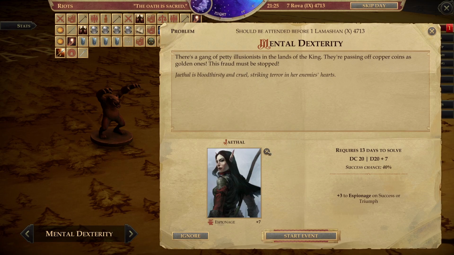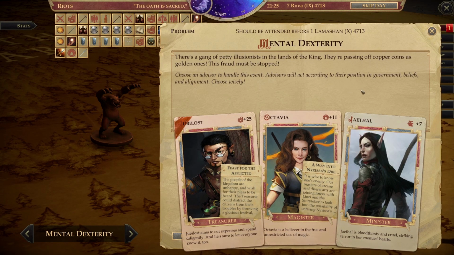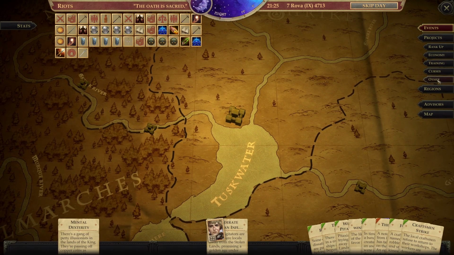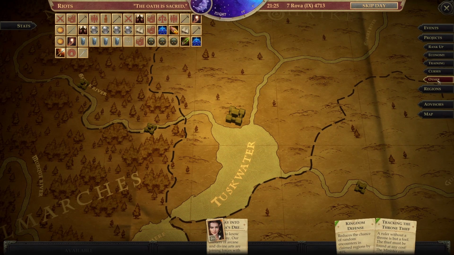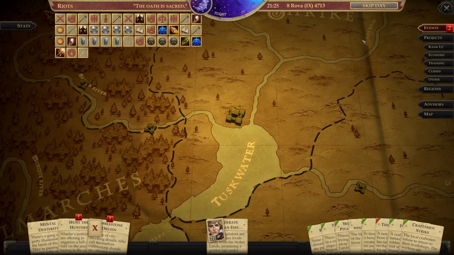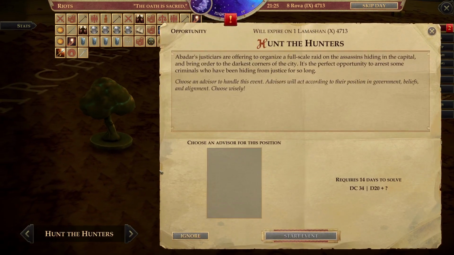Although we have plenty of time to get Jubilost and Octavia back, I guess. Octavia will be back. Oh no, we don't have time to wait for Octavia, but in any case we could wait for Jubilost. Let's see. Abadar's